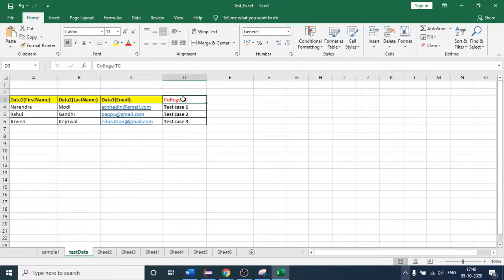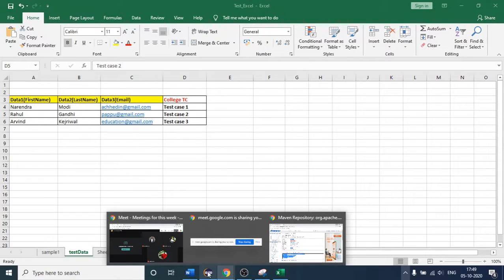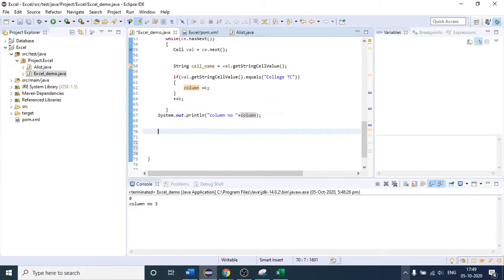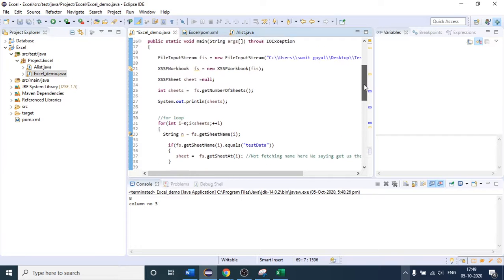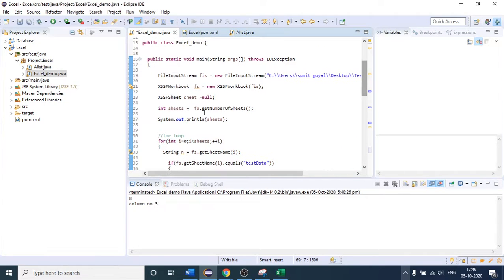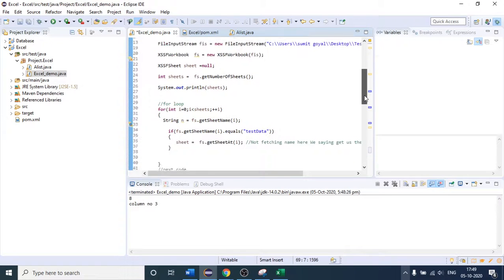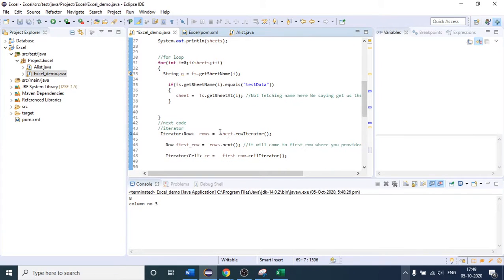So you will be able to know where your test case column is, and after that we should come here. Okay, so again, once we know the column number, I will make one iterator for rows. So if I use the iterator again for rows, if I come here, this is the iterator we have created, I think. Okay, so this is the iterator, right?